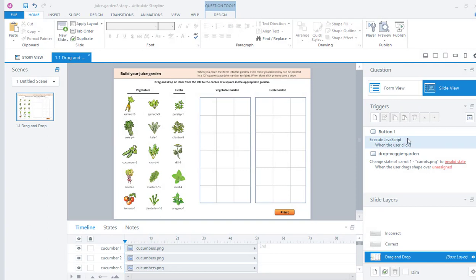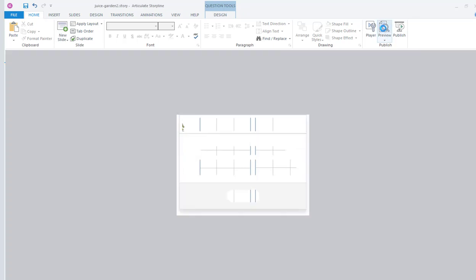So I'm going to show you how to take an object, in this case a carrot, and turn it from a single picture of a carrot, and when you drag it over to the vegetable garden it will turn into 16 carrots, because you can plant 16 in a 12-inch square. For celery, when you drag it over to the garden, it'll turn into 4 celery stalks. So to see how this works,